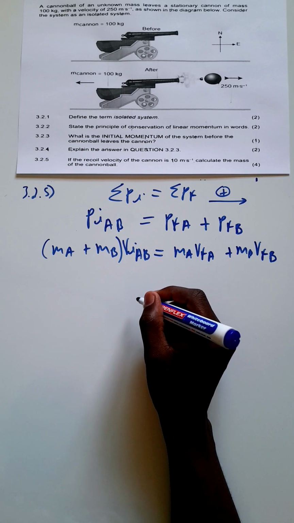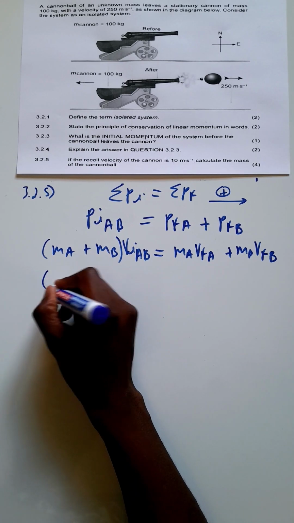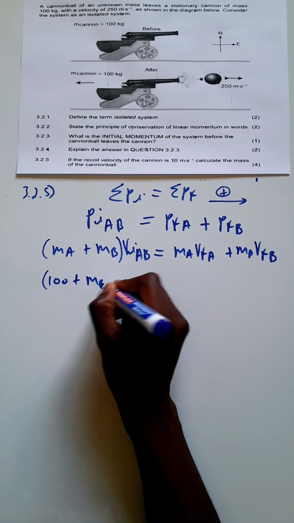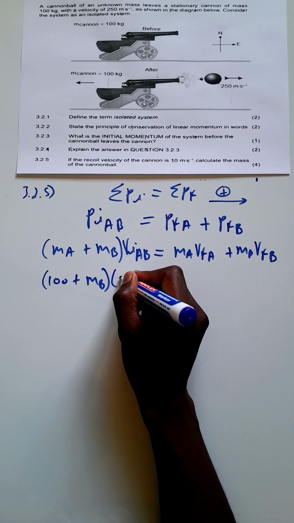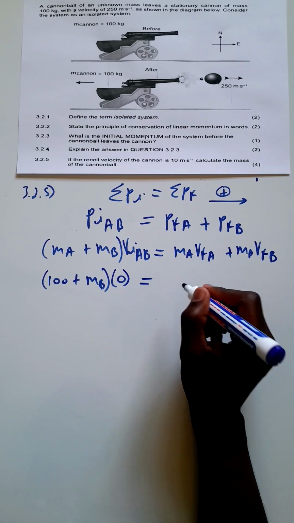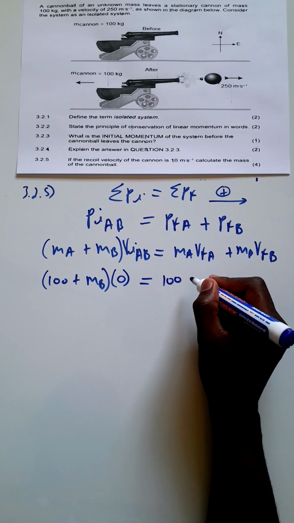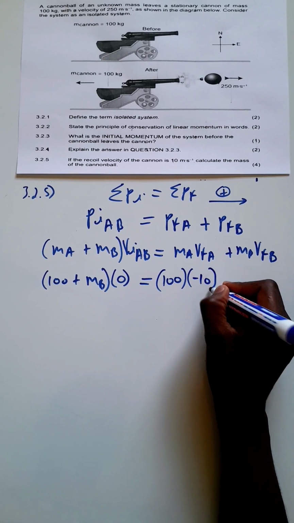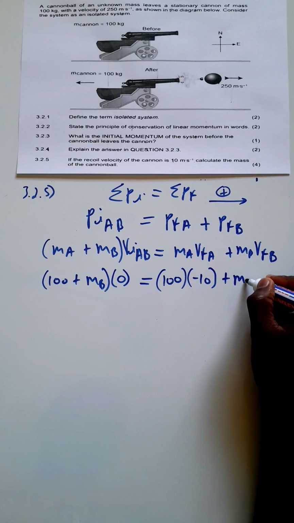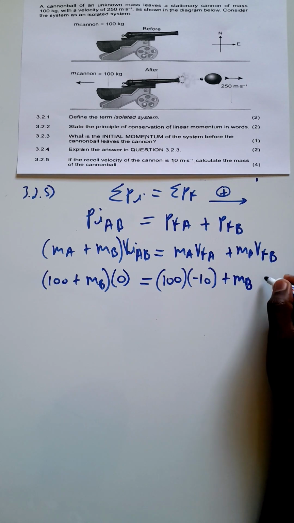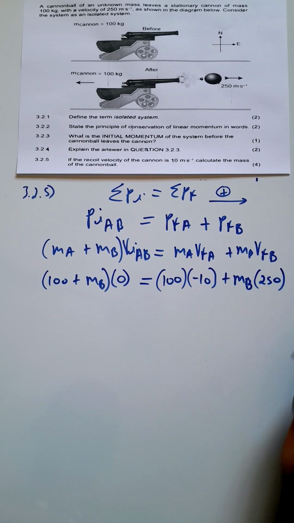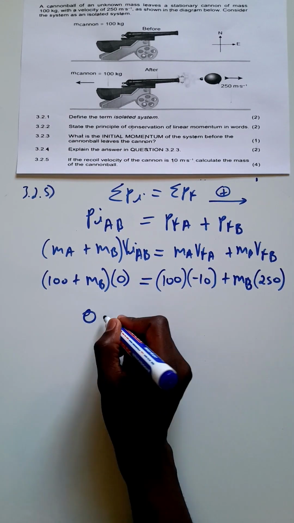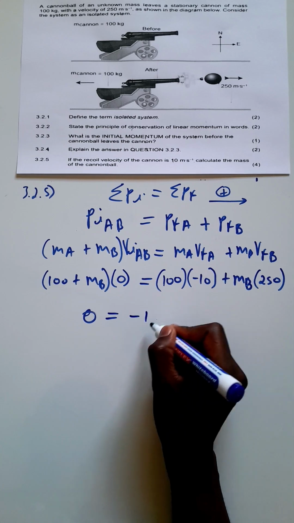So let's substitute here. The mass of the cannon is 100, the mass of the cannonball is unknown. That's what we're trying to calculate. They're stationary before, so the initial velocity of both of them is 0. The final velocity of the cannon after the recoil is 10, but to the left, so it's going to be negative 10, plus the mass of the cannonball multiplied by its velocity, 250 to the right, after. So here we have this multiplied by 0, giving us a 0, and we have this and here negative 1000